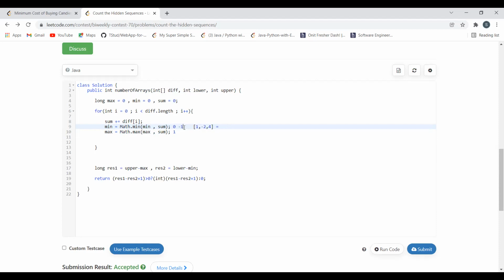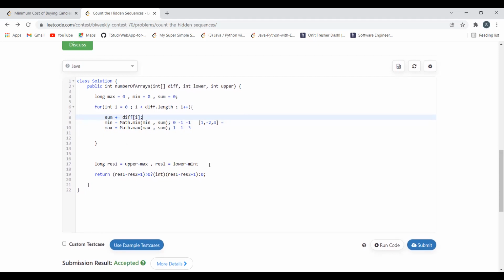So min value will be updated to minus 1 this time, and max value will remain as it is. Now sum is minus 1. We move to the next element. So 4 minus 1 gives 3. So min value will remain as it is, that is minus 1 itself, and max value will be updated to 3, right? So this is the min and max value that we have got.